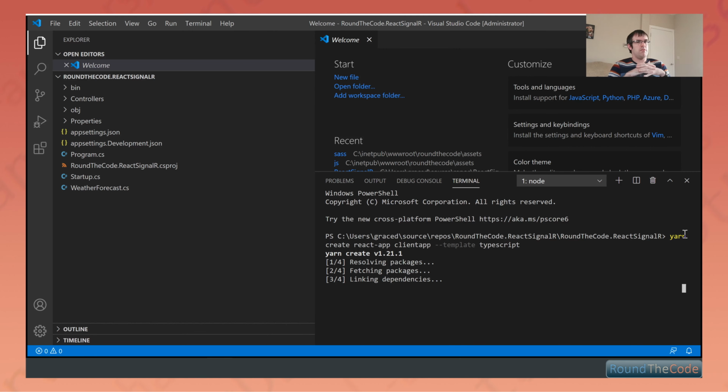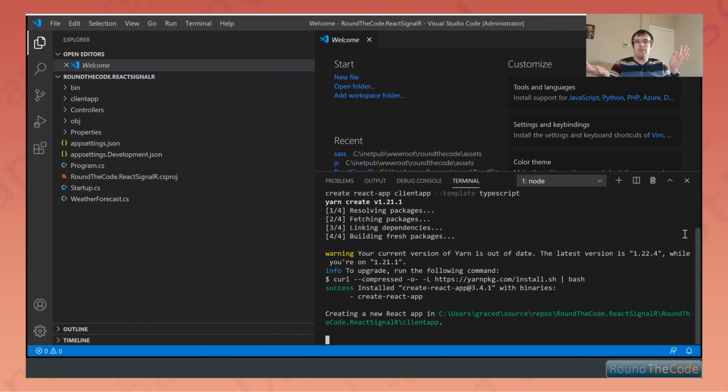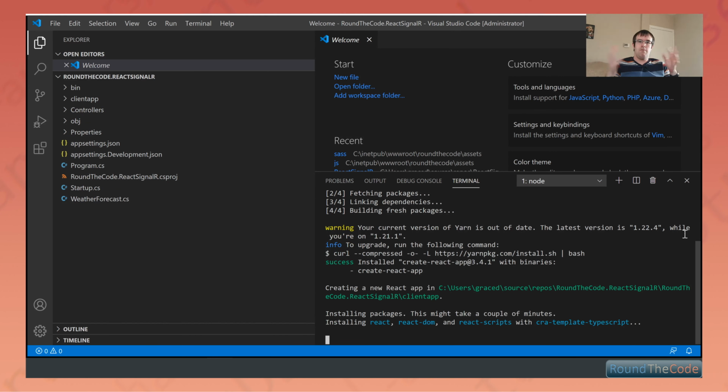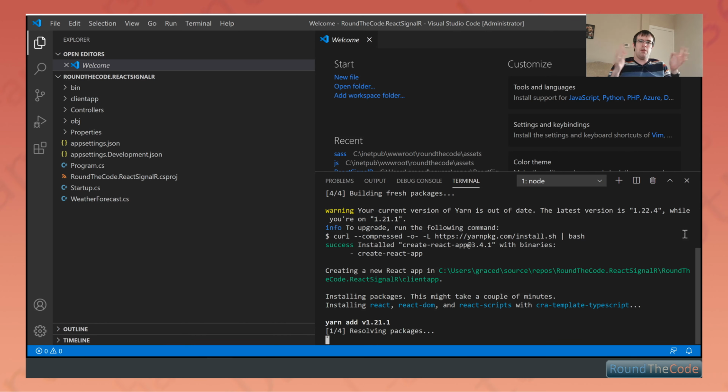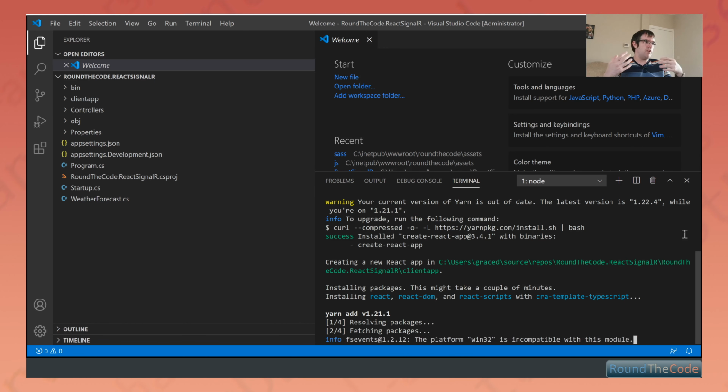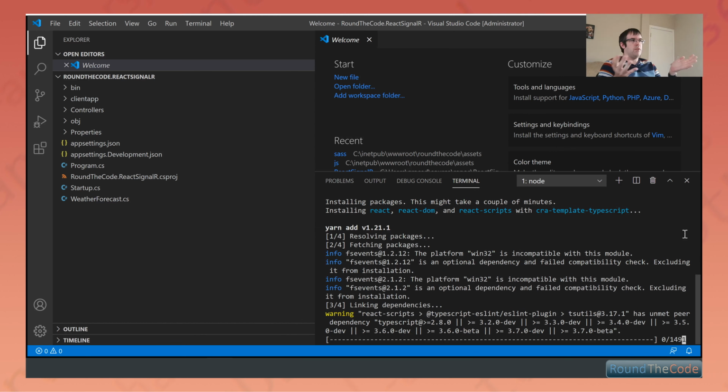Takes a few moments. Now you can create a React app through Visual Studio, but the only problem is that I couldn't find a way of doing it so it created it as TypeScript. It was always doing it as JavaScript for some reason, but anyways. So we're going to go ahead and do that. Then after that, we need to go back to our